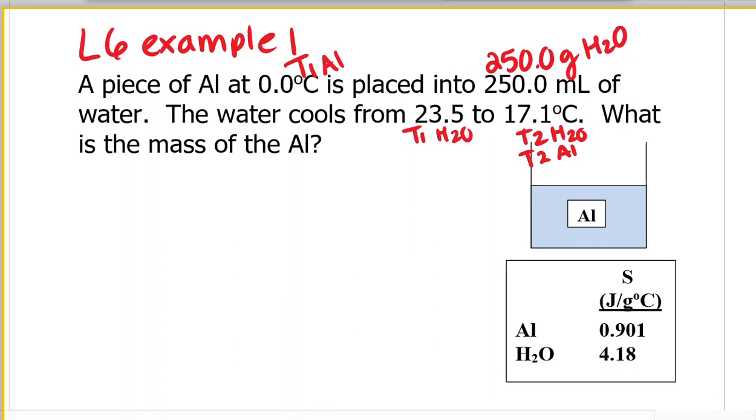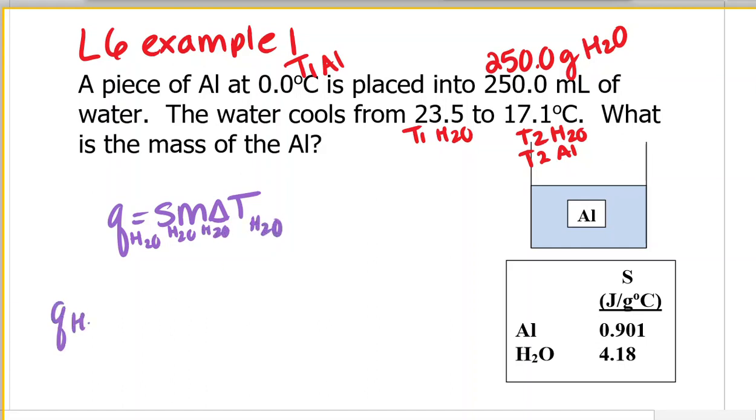Okay, so when we think of this equation, which is our equation when we're dealing with things heating and cooling, if we look at all of the numbers we have given, we have all of these numbers for the water. So we can solve for Q for the water using all of the numbers for the water. So Q, specific heat of water, is given. Mass of water,